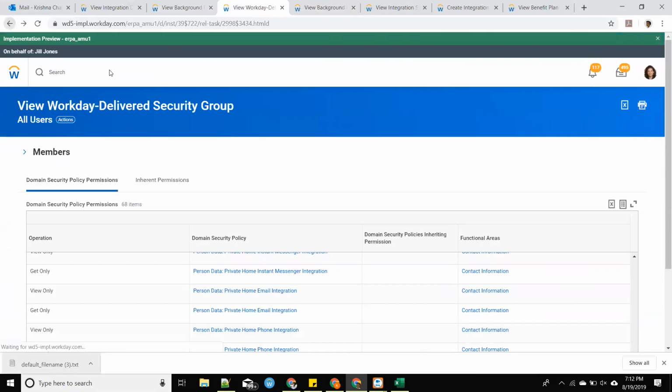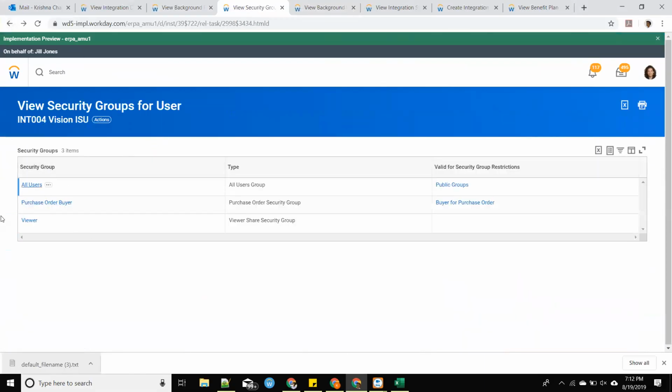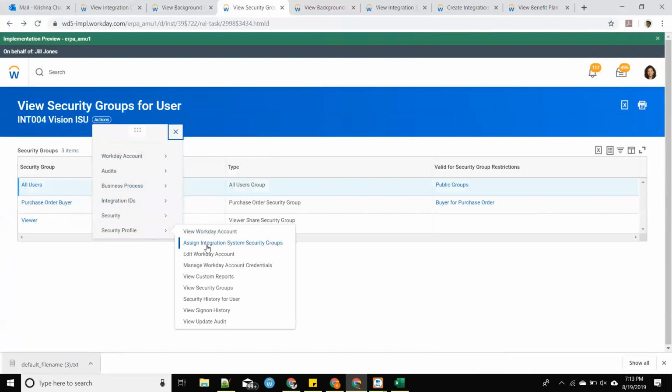Anyways, without showing you any difference, if I go back, these are the security groups that this ISU is part of. But technically all users should not have get access. So assuming nothing came up, we need to create a security group that allows the user to get the information out of that integration, right? In order to do that, we create a security group because ISU standalone does not have any security. It's just a dummy user. You assign the groups based on it. You can't remove